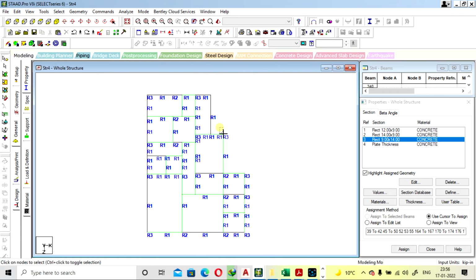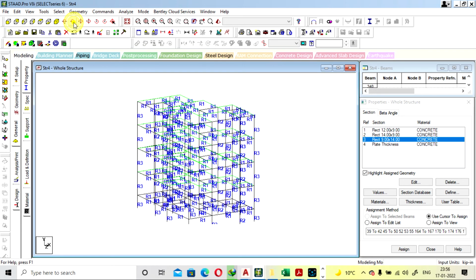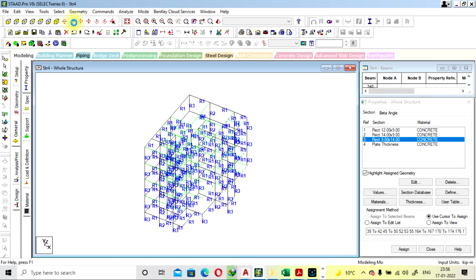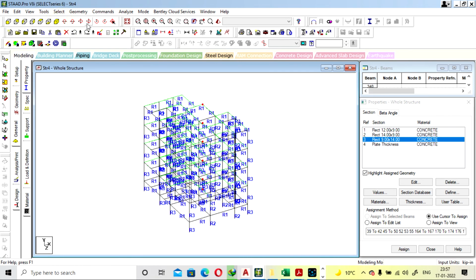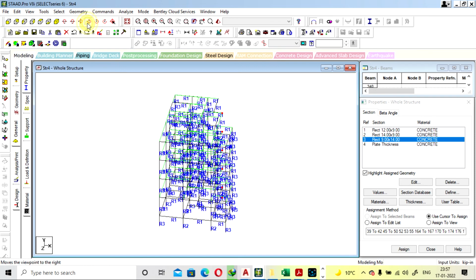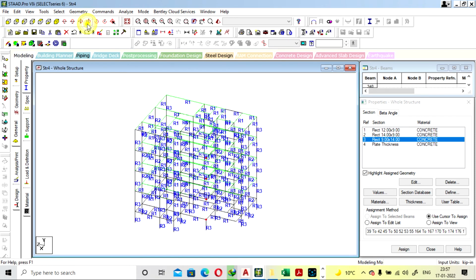Select the node. You have selected the beam. Node will be selected. We haven't linked the step. All we need to do is just link our step.